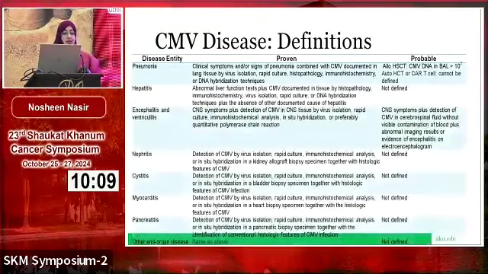And this is what basically this slide is showing, that there are several different disease entities. All the rest of them, and I'll talk about GI in a bit, are rare, but all of the criteria require that there is detection in the presence of signs and symptoms. There is detection of a virus in the tissue. And that is the latest in terms of the consensus statement from the different